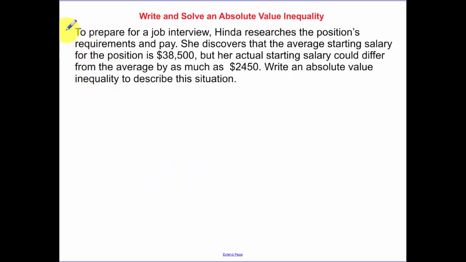Next one, and make sure you guys write down this example. To prepare for a job interview, Hinda researches the position's requirements. She discovers the average salary is that much, but her actual salary could differ from the average. Her actual salary is going to differ by as much as $2,450. So we want to write an absolute value inequality to describe the situation. If x is standing for her actual salary,